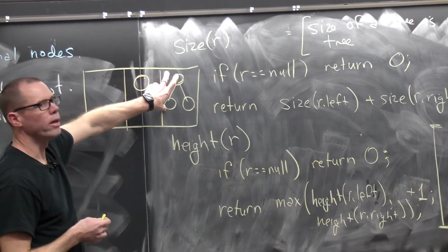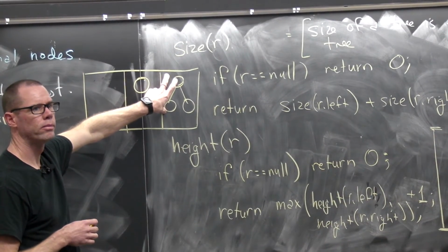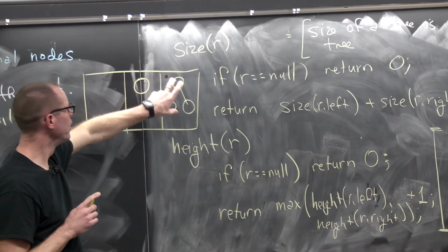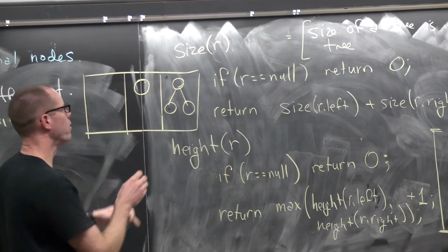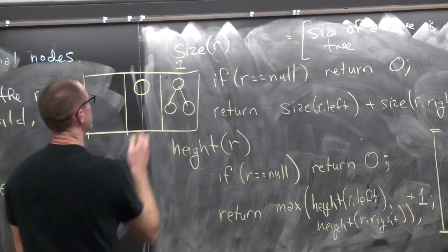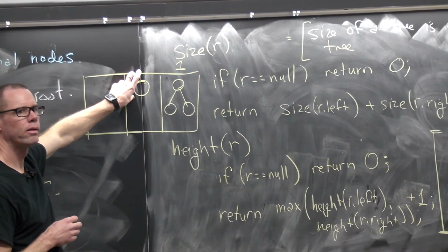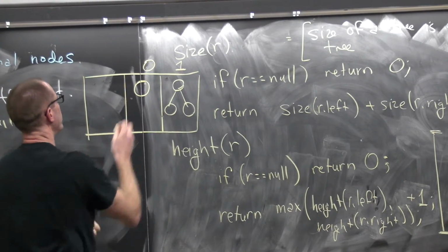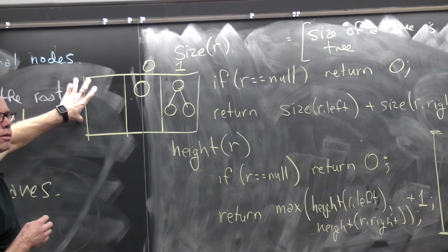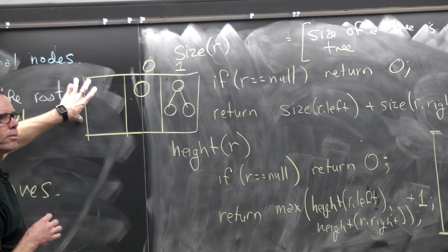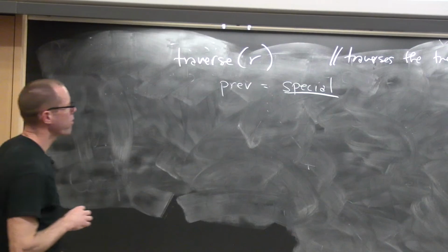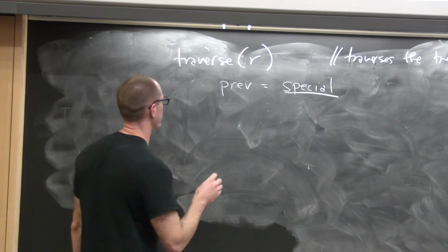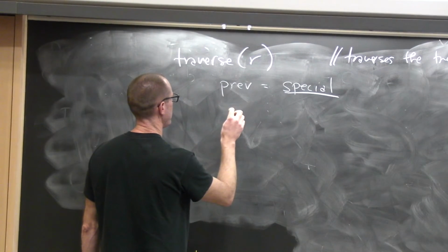What's the height of this tree? Right? This says depth 0, depth 1, so the height is 1. What's the height of this tree? 0. So what's the height of this tree? There's only one answer that makes sense. All right. So now let's say